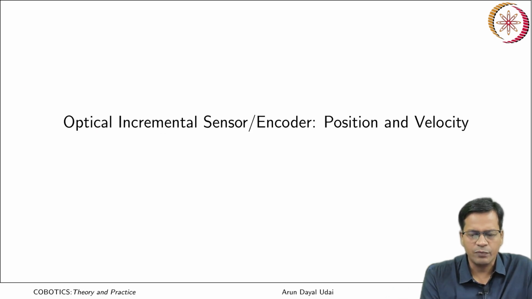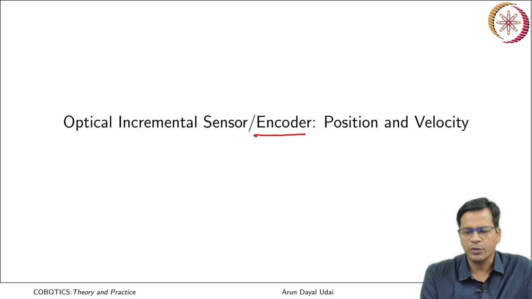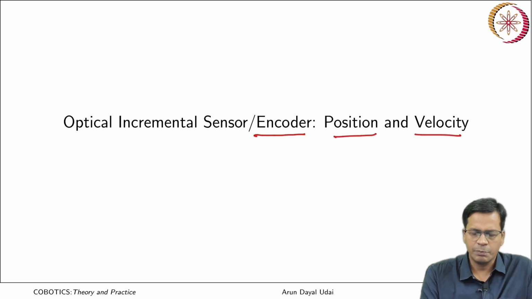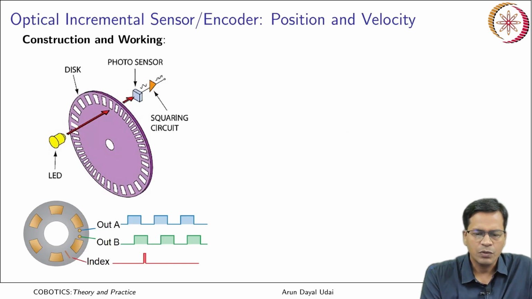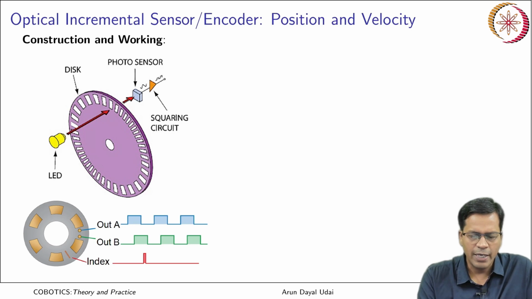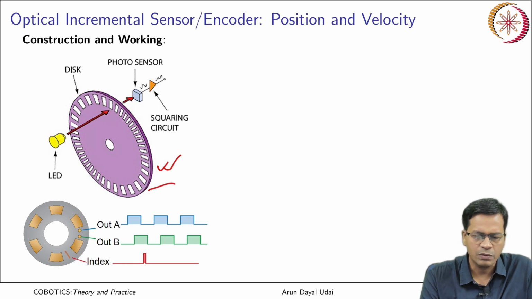Okay. So, let us start with the optical incremental sensor, also known as an encoder, which is used to measure position and velocity, especially the joint position and the joint velocity in robots. Construction wise, they are very simple. It has a slotted window, you see it is a disk with so many windows. There is a light source, normally an LED, light emitting diode, which is here, and there is a photosensor which is here,